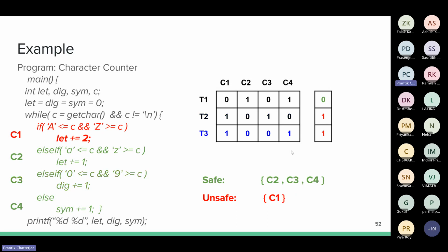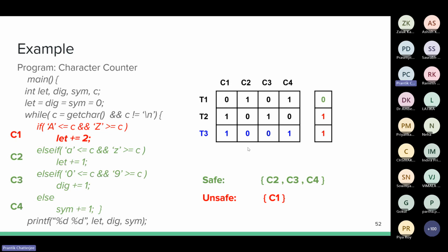Now let's look at the third test case. In the third test case, C1 and C4 were executed and it was a failing test case. But in our earlier examination of the first test case, we already knew that C4 was a safe component. Since this test case says either C1 or C4 must be buggy, and we have already concluded that C4 was not a buggy component, the only conclusion that remains is that C1 is the actual buggy component. So by reasoning over the spectrum, we were able to catch the actual buggy component.